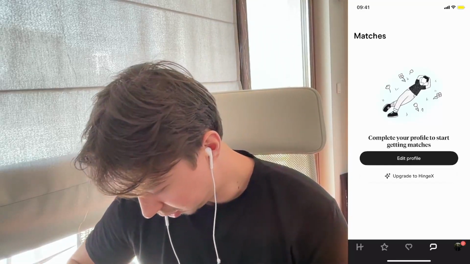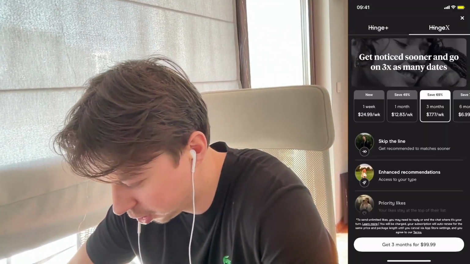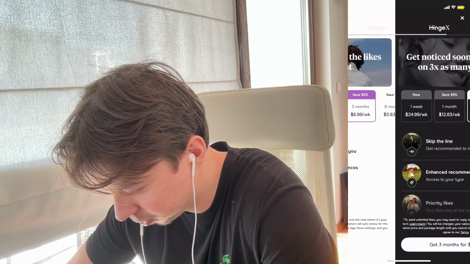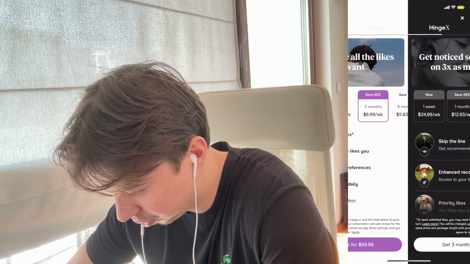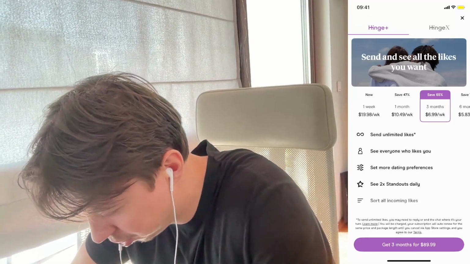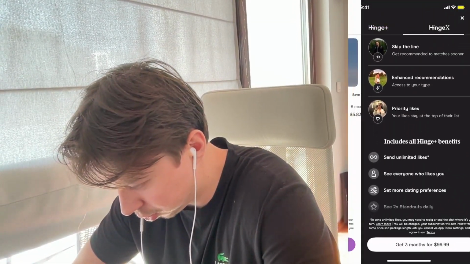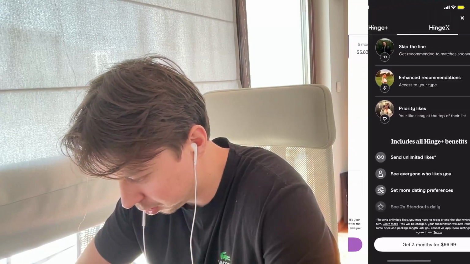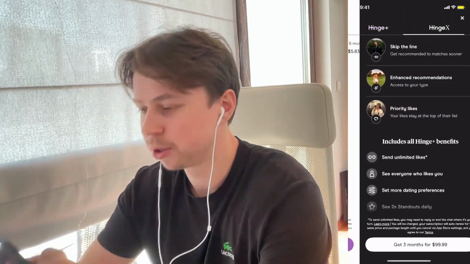The first thing, let's show what we need to do. Here I have a Hinge app. So yeah, here on that paywall page we have an animation for when you switch from Hinge Plus to Hinge X subscription. Also we have the ability to scroll inside these pages and the scroll positions persist when you scroll. And also, as you can see, there